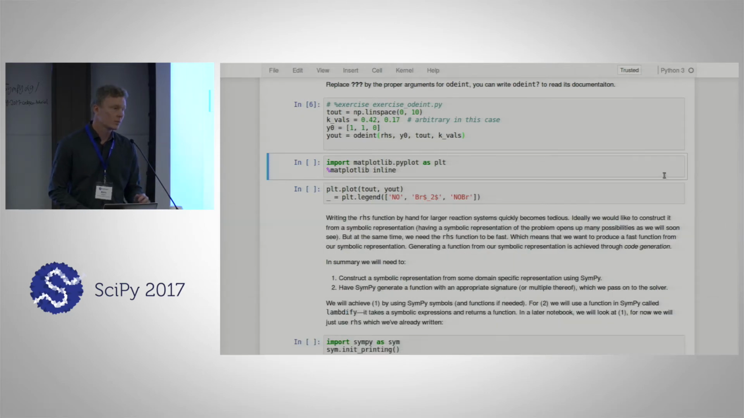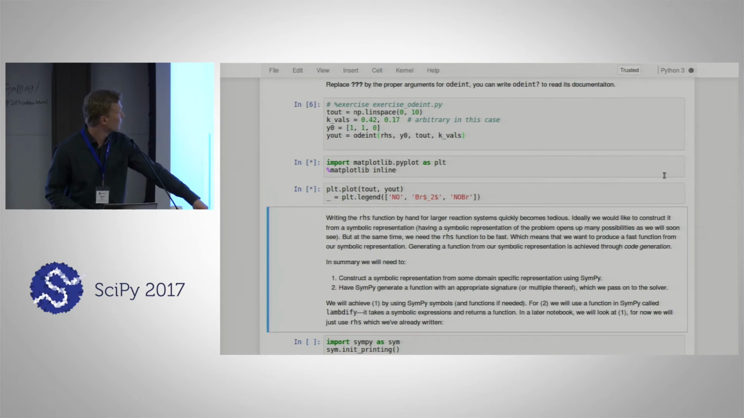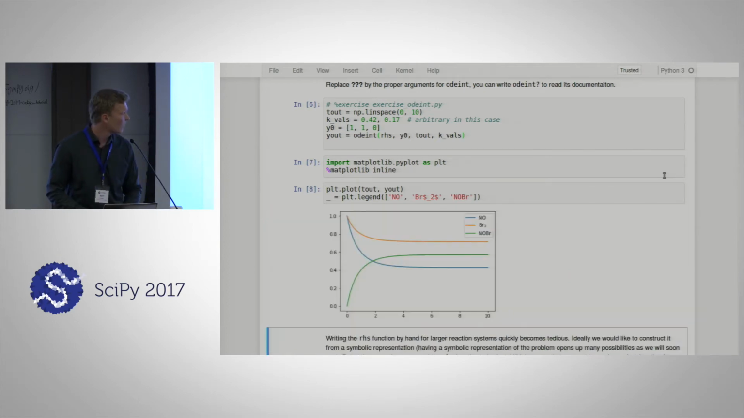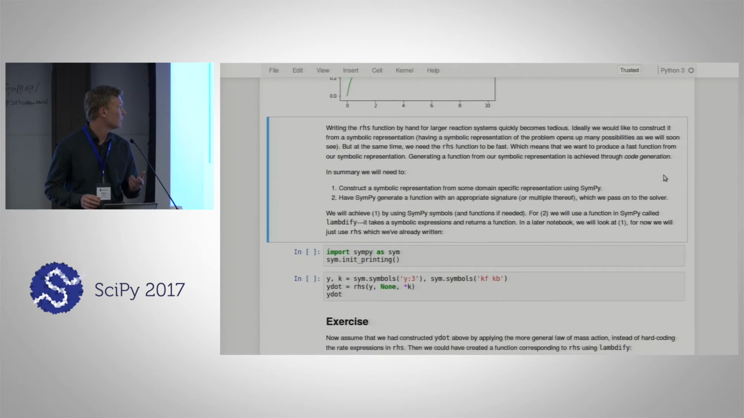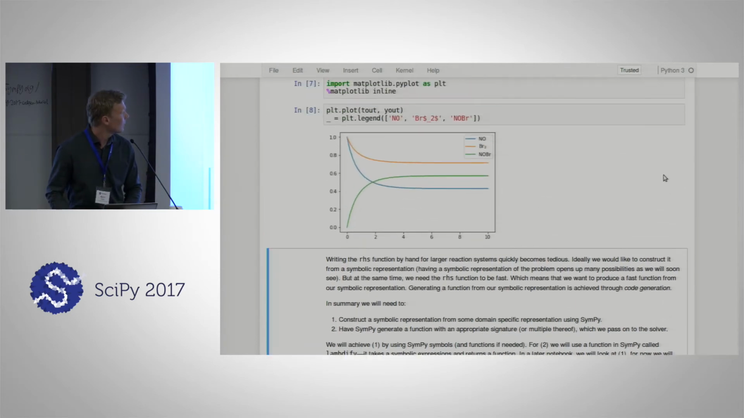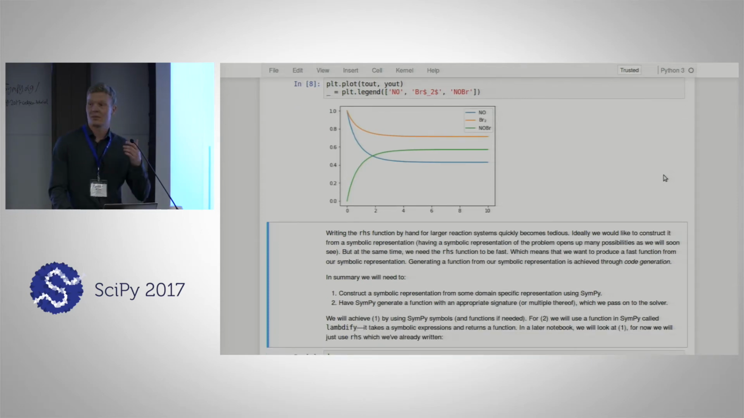All right, so the integration is done, so we can plot the solution. And yeah, looks good, nothing weird's happening. This one can actually be solved analytically, and SymPy can do it for us, but we're not going to look